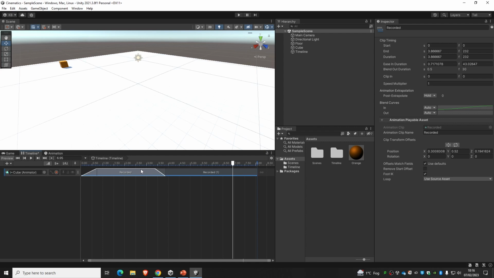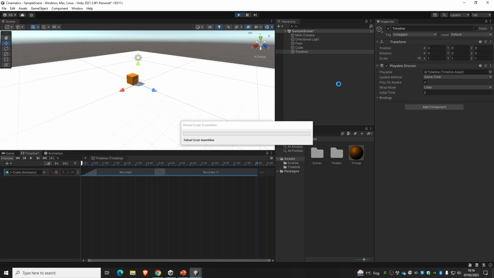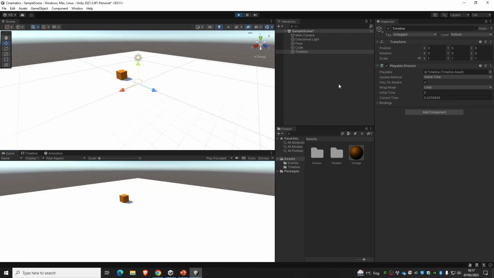And once you've finished your animations and you want anything to loop, what you need to do is just go to timeline and under wrap mode, choose none to loop. Okay? And that will loop all of your animations. So if I now went into my game and press play, because I've changed that from the playable director, this should continuously loop. Snaps, which is a bit annoying, but